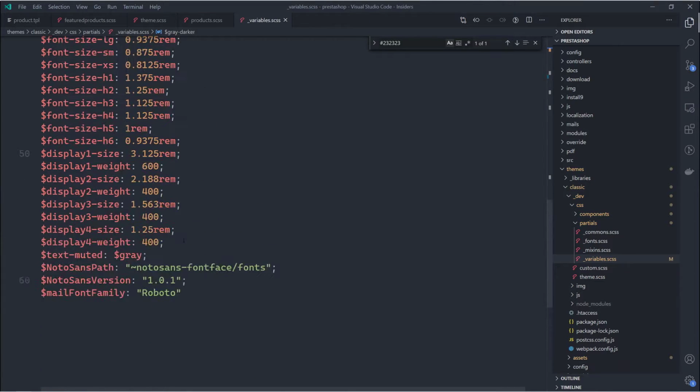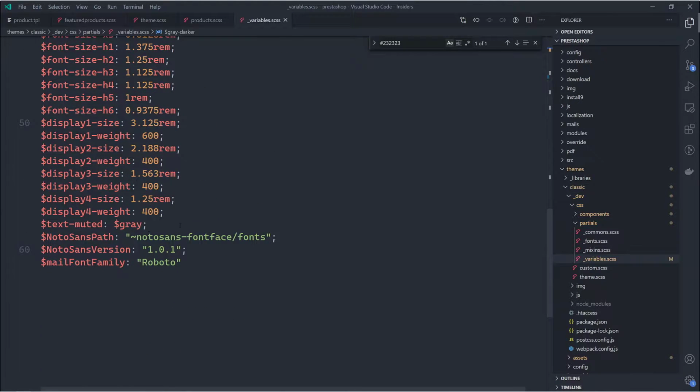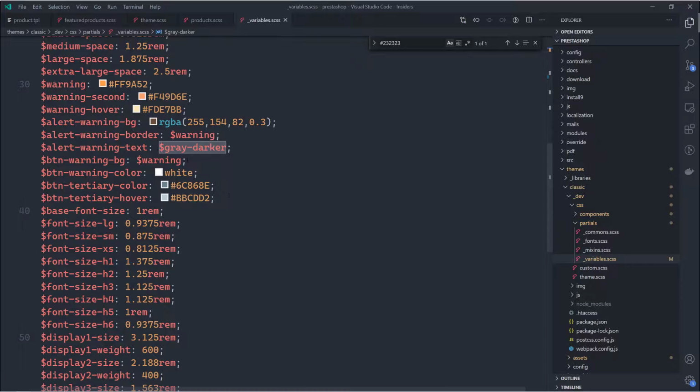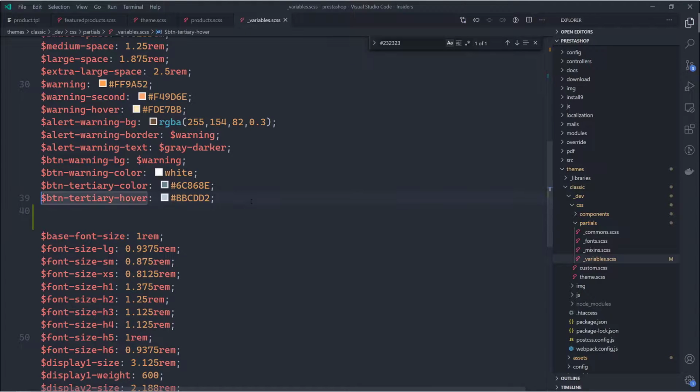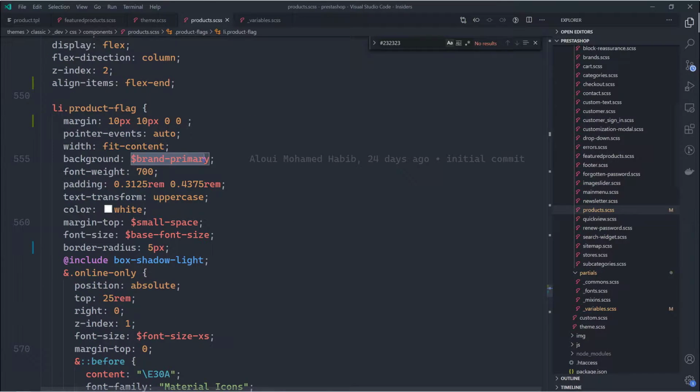So we could scroll all the way to the bottom here, and I believe it's really better to leave it with the colors variables. So here call this flag product bg default or something like that. So again, it's up to you really what you want to call that. So now we have to copy this color here and go back to product.scss, and where we do have that